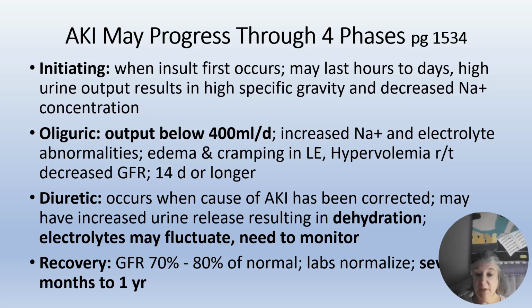Same idea. That's what's happening. Oliguric phase is second in line. This is when that output drops below 400. So then we're going to see an increased sodium and electrolyte abnormalities. The body is no longer flushing everything that needs to be flushed. So you can get edema, cramping in the lower extremities,